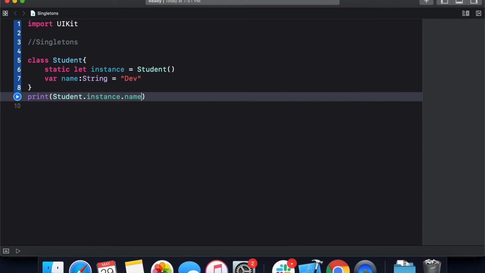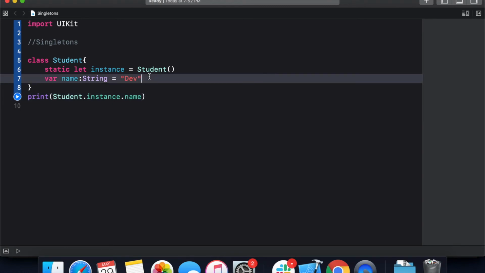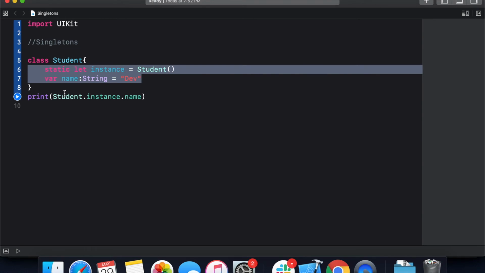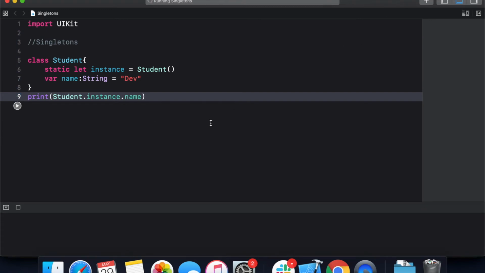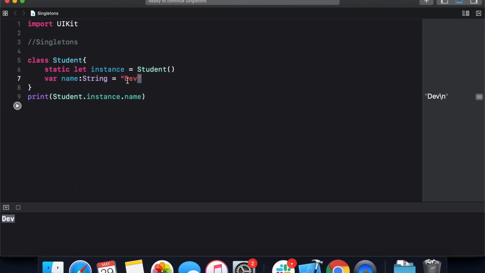This is how we access the singleton class anywhere in our project. So let's run it and see what happens. As you can see, we have successfully accessed the property.